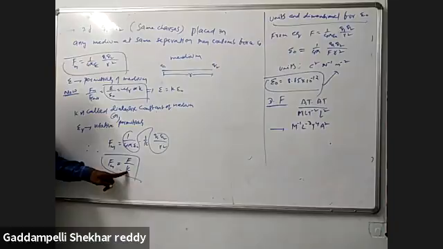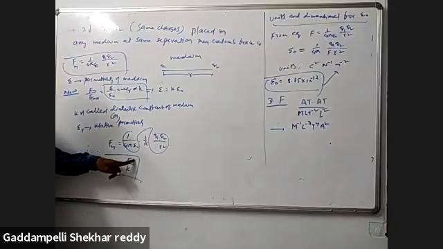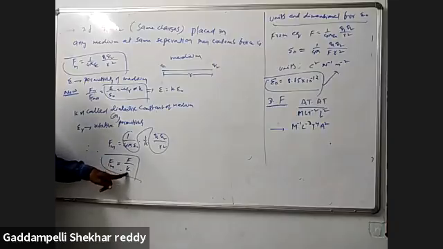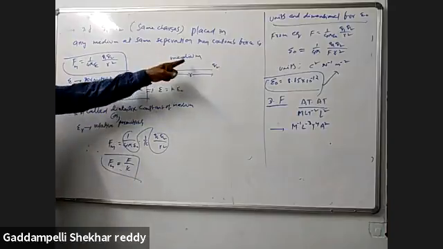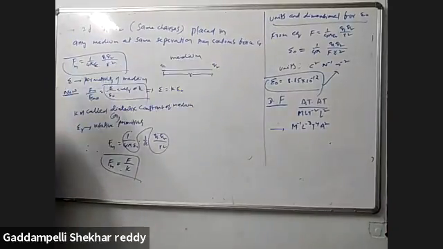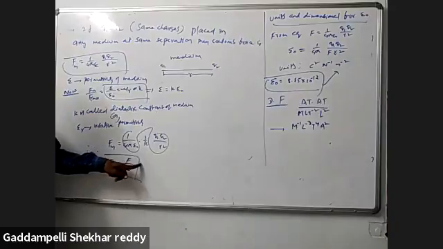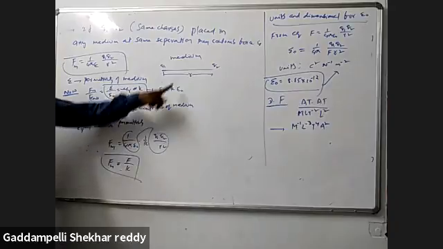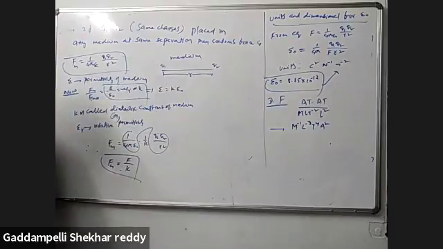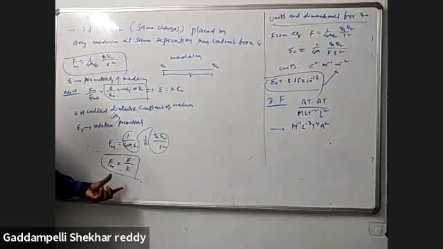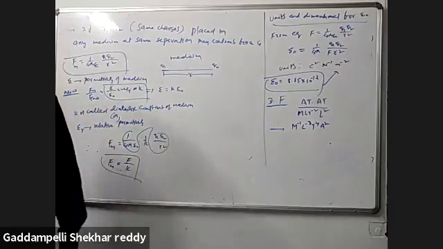The force decreases K times, the dielectric constant times. F medium is equal to Fa by K, so the force decreases by K times. For example, if any metal plate is placed between the two charges, K is infinite, so 1 by infinity becomes 0. There is no force inside the objects, there is no charge.